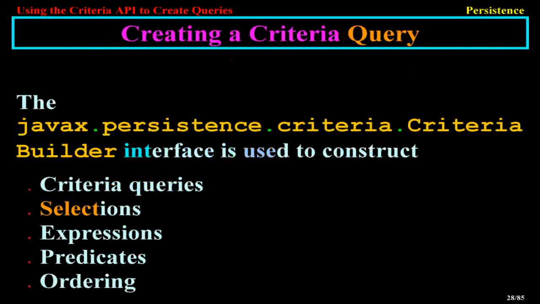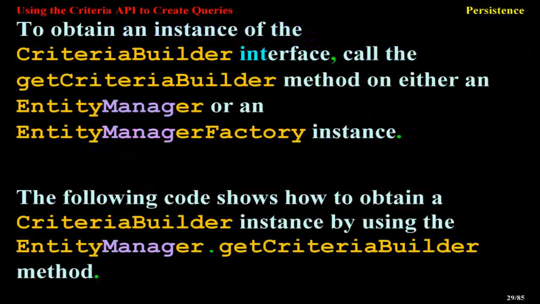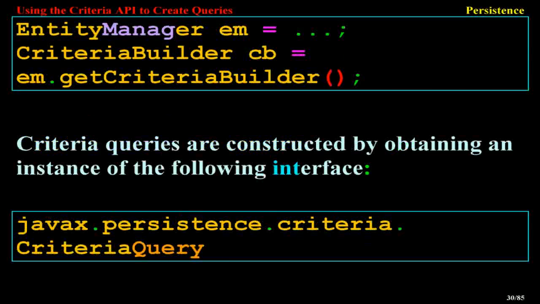Creating a criteria query. The javax.persistence.criteria.CriteriaBuilder interface is used to construct criteria queries, selections, expressions, predicates, and ordering. To obtain an instance of the CriteriaBuilder interface, call the getCriteriaBuilder method on either an EntityManager or an EntityManagerFactory instance. The following code shows how to obtain a CriteriaBuilder instance by using the EntityManager.getCriteriaBuilder method. EntityManager m; CriteriaBuilder cb = m.getCriteriaBuilder();